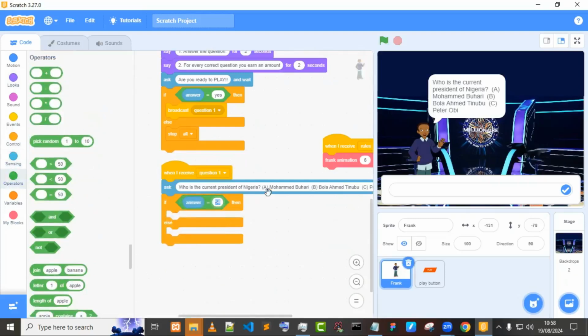Now, remember it's capital letter. What's our answer? It is B, right? Yes. If it's equal to B, then we'll say